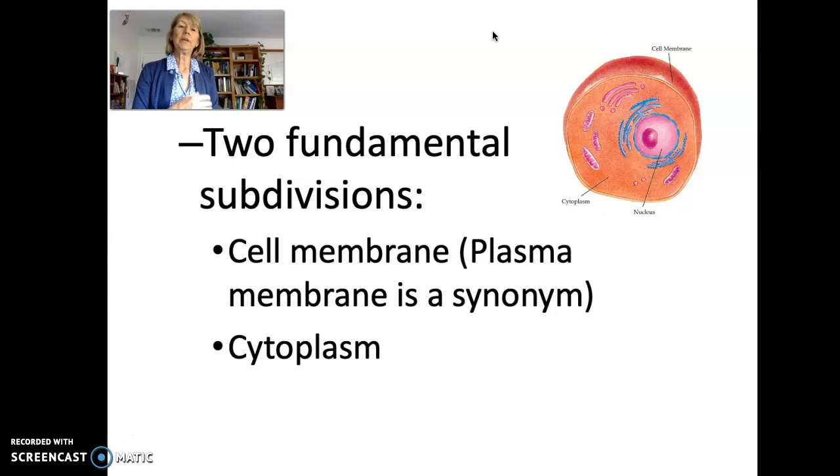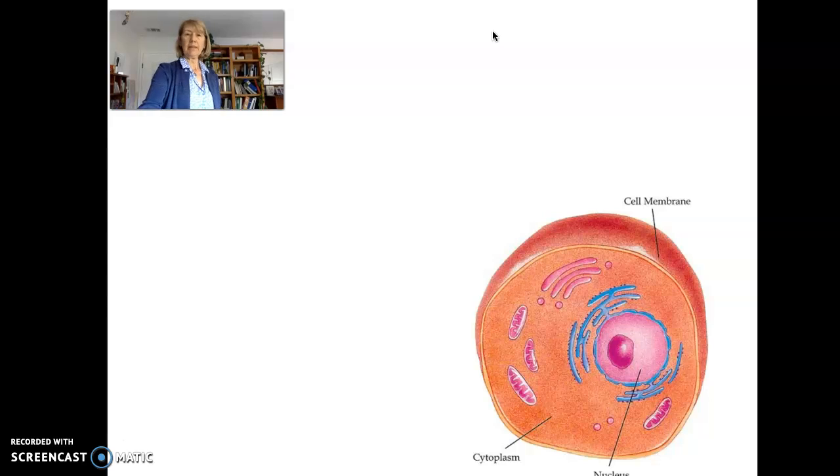So a cell has two major subdivisions: the membrane itself, and what's inside, the cytoplasm. We can call it the plasma membrane when we're talking about the cell membrane, and then everything inside. Okay, so